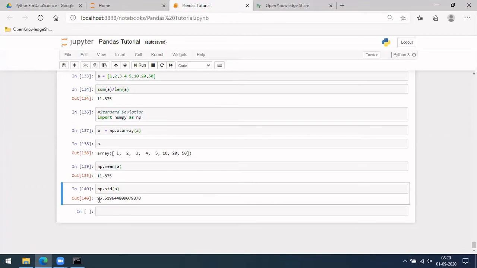So let me also tell you a few more things about this distribution. I'll share this content again. So if you are sampling something randomly, there is something called Gaussian distribution and other things.